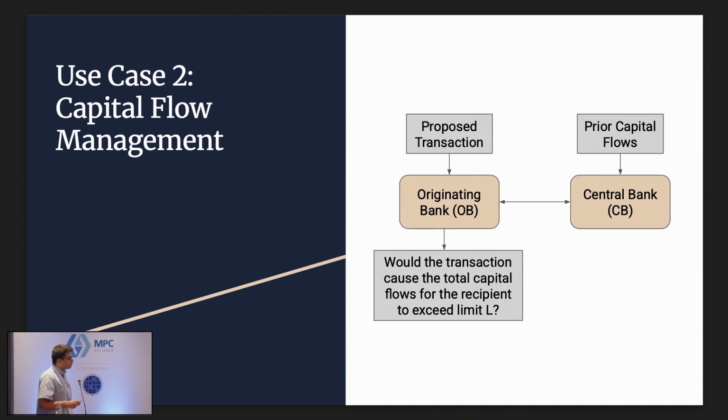So yeah, this is roughly the architecture. The originating bank, once more, has a proposed transaction, and it wishes to confirm with the central bank, which has the list of all prior capital flows for a number of registered entities, that executing this transaction won't cause the total sum of capital flows for this particular recipient to exceed the limit